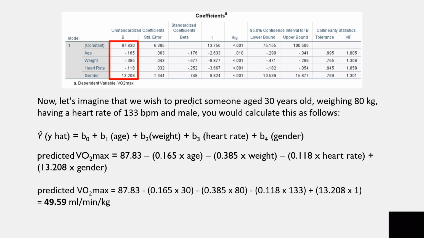Now let's imagine that we wish to predict someone aged 30 years old, weighing 80 kilograms, having a heart rate of 133 beats per minute, and male. You would calculate this as follows. Beta naught, beta 1 age, beta 2 weight, beta 3 heart rate, and beta 4 gender. So I'm going to take each of these, our betas. So I say 87.83, which is the constant, minus, because this is a negative,